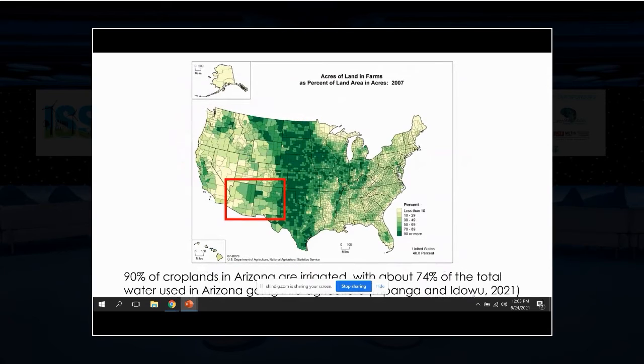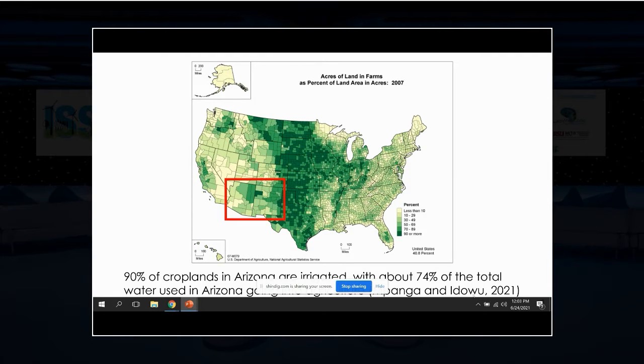So we still grow a lot of things in this region though, right? This is a map of the county breakdown of percent land allocation towards agriculture and farms. And in the Southwest, agriculture means irrigation. It really requires a lot of supplemental irrigation. And so 90% of croplands in Arizona are irrigated, with about 74% of the total water use in Arizona going